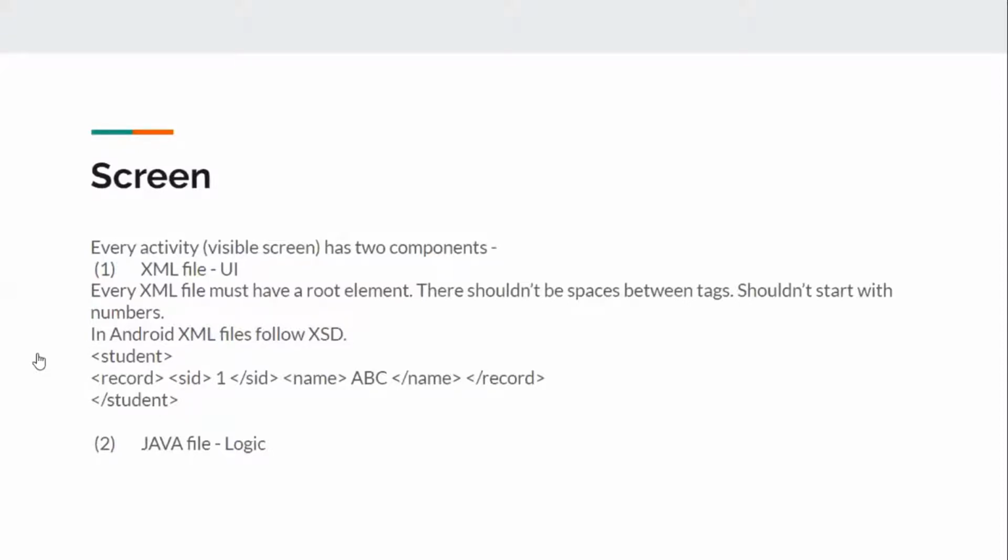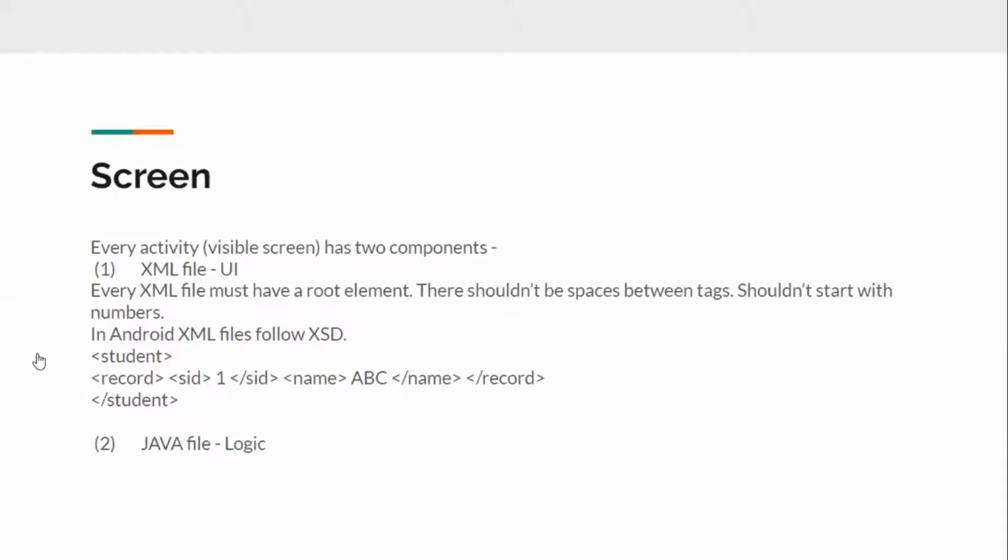In this XML file, all the things are enclosed in the form of text only. Now, when it comes to Android, you would see that the XML has a proper syntax. Every XML file follows an XSD. Anyone having an idea of XSD? XSD stands for XML schema definitions. As I said, XML can be used for storing data also, so obviously it also has a schema to it. The structure of that schema is always fixed.